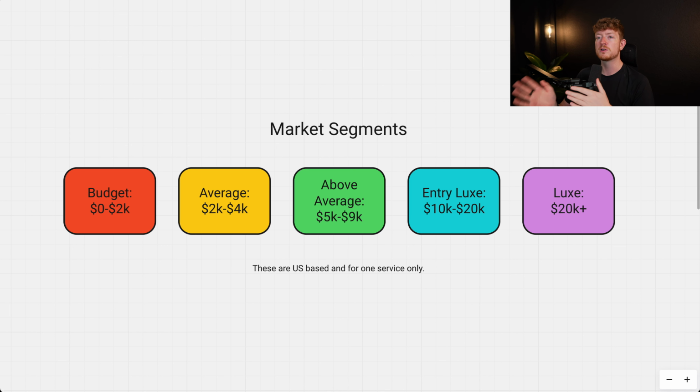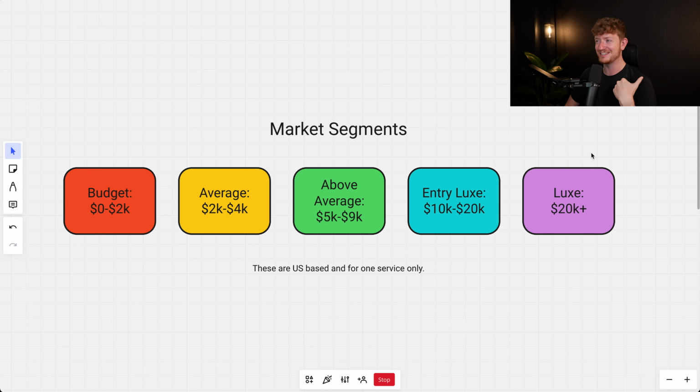Okay, so first off, over on the left, I've color coded these to the feelings that I get for these different types of market segments. So budget, the big red stop sign, is between 0 and 2K. This is typically what a couple on a budget will pay for a photographer or a filmmaker for a wedding. And the budget market is cutthroat. It's very hard to book in this market. You just don't want to be there unless you're a beginner. If you're a beginner, that's fine. But once you've got more than 5 weddings in your portfolio, you should probably raise your prices a little bit, as long as you're providing a good product.